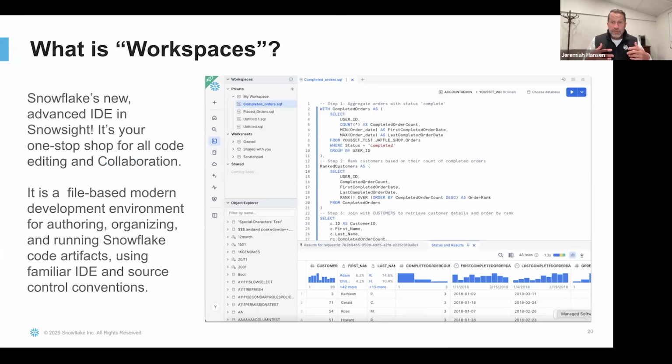Workspaces is a new advanced IDE, or integrated development environment, within Snowflake that is going to become your one-stop shop for all editing and collaboration in Snowflake. In the past, you've used worksheets in Snowsight, no doubt, and those can be SQL or Python. You've used notebooks. You've built other artifacts as well, and they've each been a separate experience